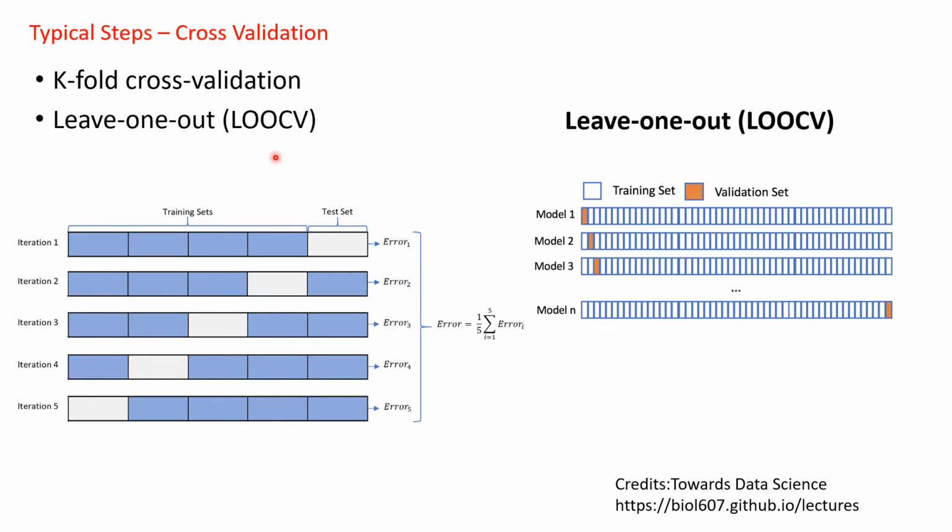To evaluate the performance of the machine learning model, we typically conduct cross-validation. For example, here k-fold cross-validation or leave-one-out cross-validation when the sample size is not too big. In k-fold cross-validation, for example, suppose now our k equals 5. We divide our samples into 5 folds. We use the first, second, third, and fourth fold of the samples to do model training. And we use the fifth fold that is not used in model training to test the performance of our machine